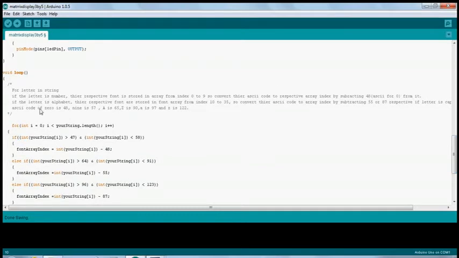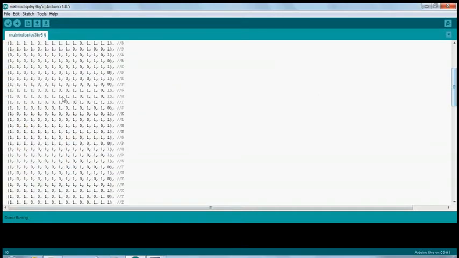In this we will be displaying characters and numbers, and in characters we will be displaying both capital and small. The ASCII code of these characters and numbers will be taken and manipulated in such a way that this font array index will give us the value of which character or number corresponds to that given index.